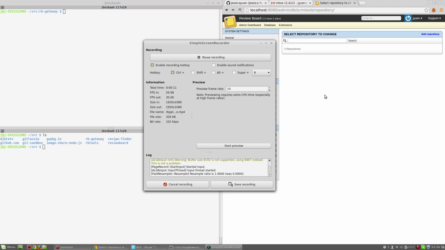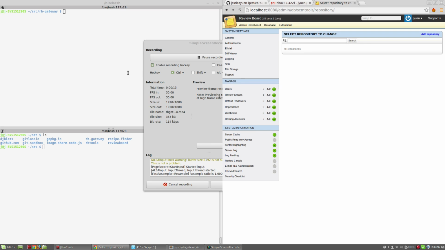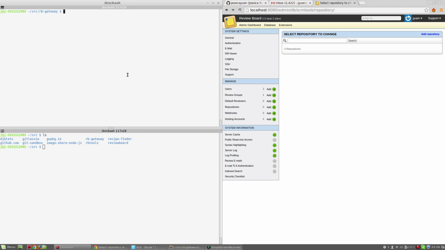So this semester I spent most of my time working on a project called Review Board Gateway. Review Board Gateway is a service that sits in front of repositories and retrieves things such as file blobs, commits, branches, etc., and provides this information back to Review Board via an API. The goal of it is to be super tightly integrated with Review Board, as well as being super easy